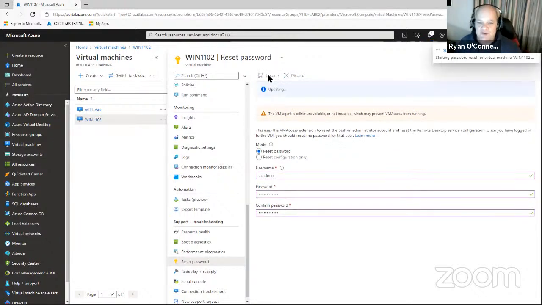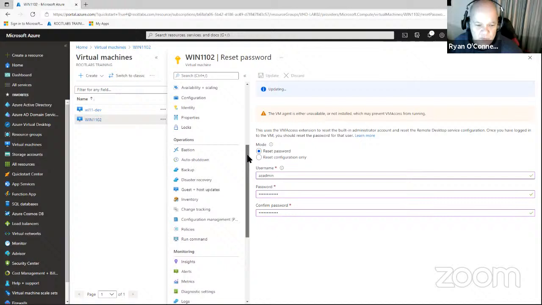Don't delete your whole virtual machine. You spend time creating it. Why delete it? You just can't get on because you forgot the password or whatever the case may be. But again, your virtual machine needs to be running. So we've just reset the password on this virtual machine, and then we can go ahead and connect to that virtual machine. So while that password is updating, of course, once you're in your virtual machine settings,